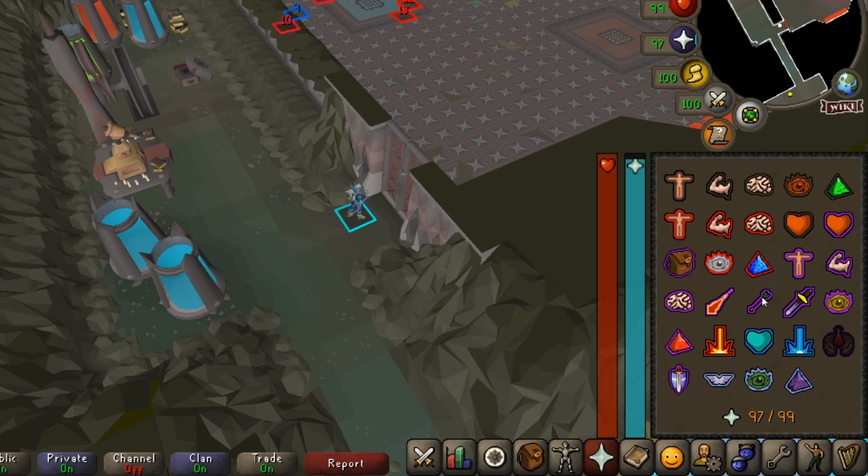Now, the Hydra will attack you with either range or mage when you first go into the room, and there's no way to determine this. So, I have found that using Protect from range most of the time is what he starts attacking you with. But if you do get hit with one magic shot when you run in, you're not going to take a lot of damage. Just change your prayer to Protect from magic,